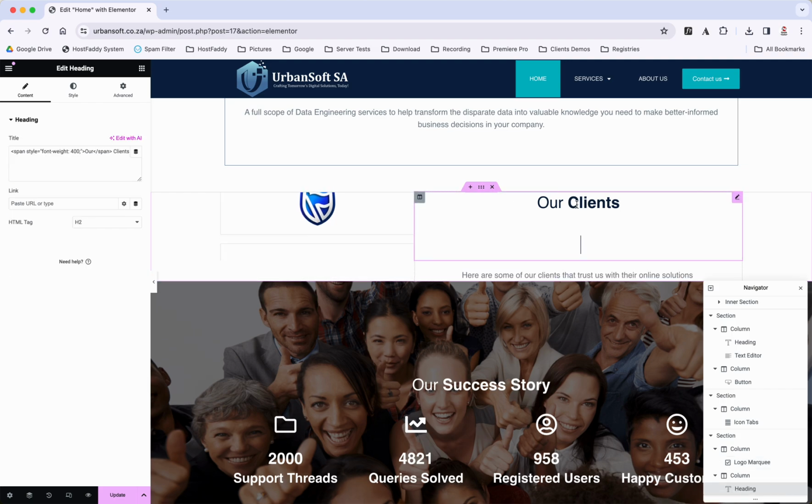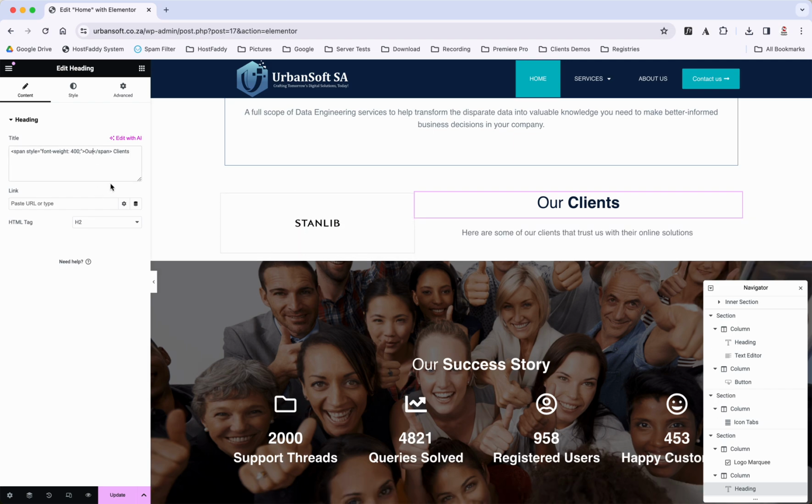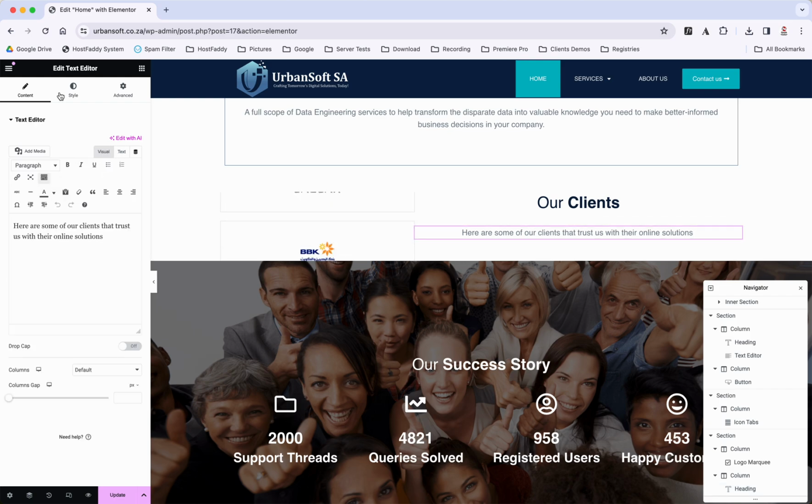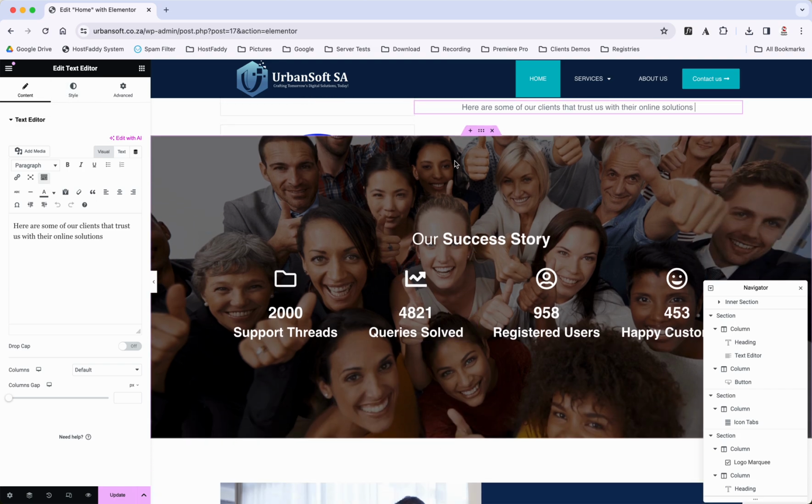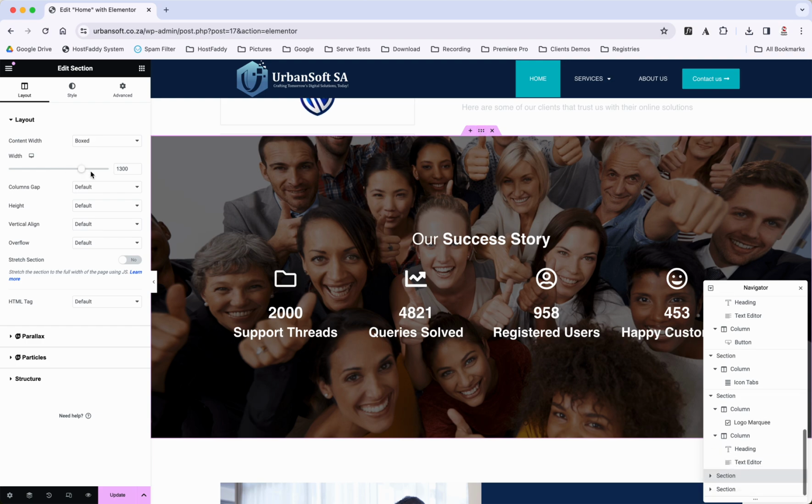Right, to change the title here, as you can see, it's our clients. There we are there. The coding's back there just to fit in so it matches all the others. If we click on this one here, it's a text editor. If we scroll down to the next row, right, we've got a row here. We've put it to